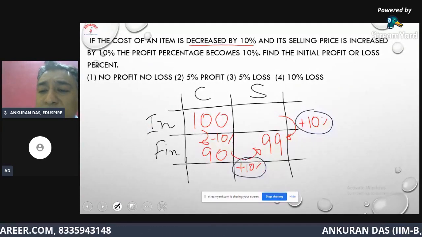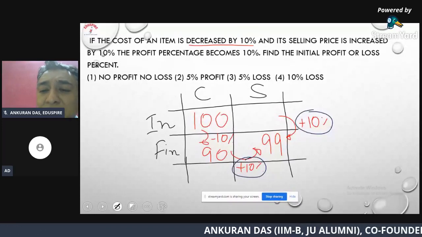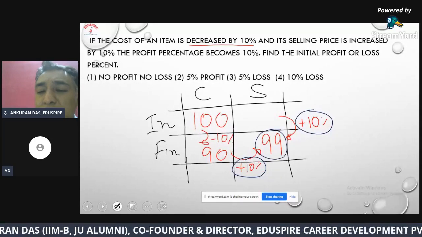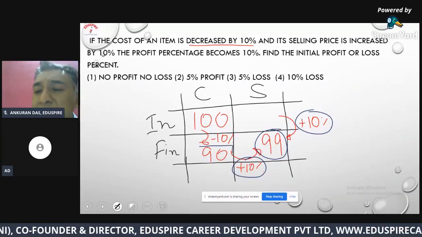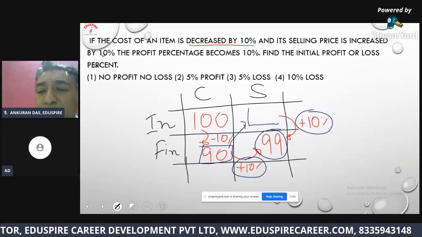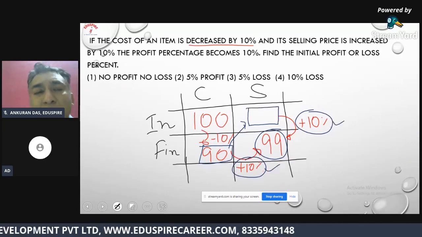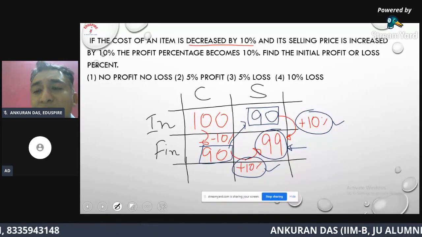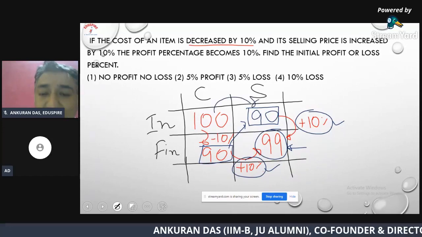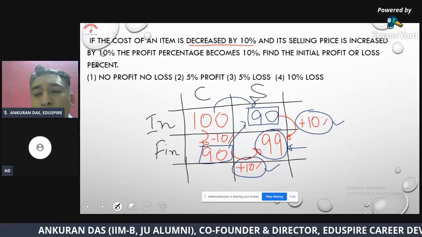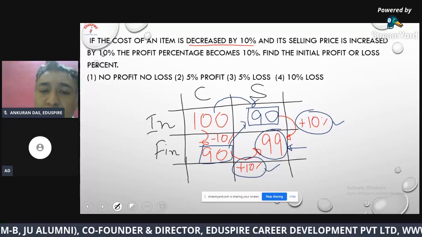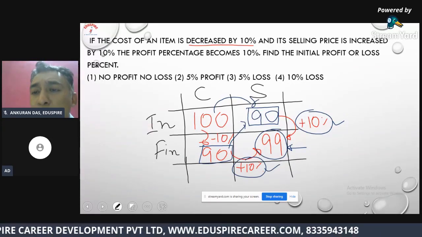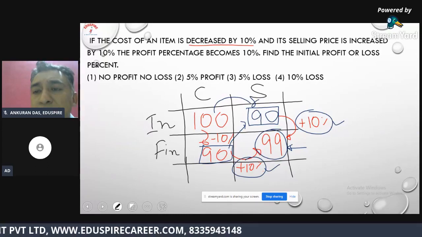So if I get the same number at the end of the day, then don't you think I should simply duplicate this number over here, because both the numbers are increased by 10% to give me 99, which means no doubt I will have a 90 out here. And I know that initial cost price was 100 and the sales price was 90, which means, as you can see, there was a loss of 10 rupees on 100 rupees, which is 10% loss. All right. So here is your answer. That is option number 4.